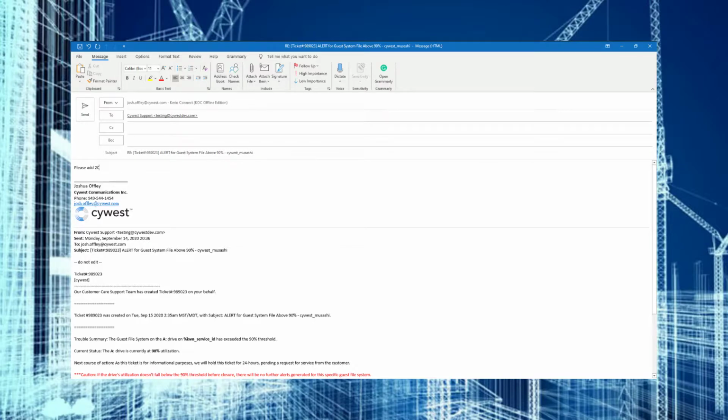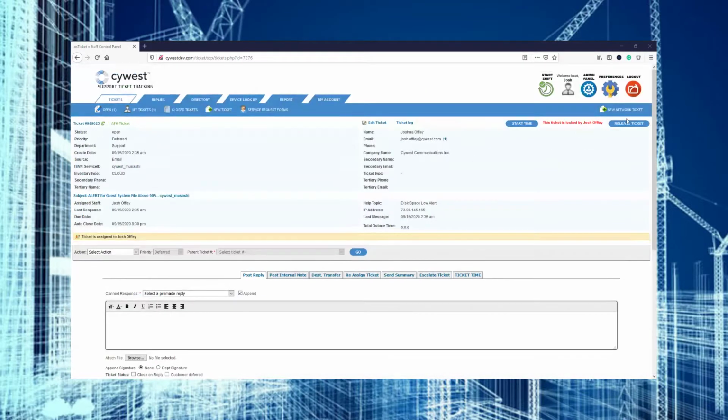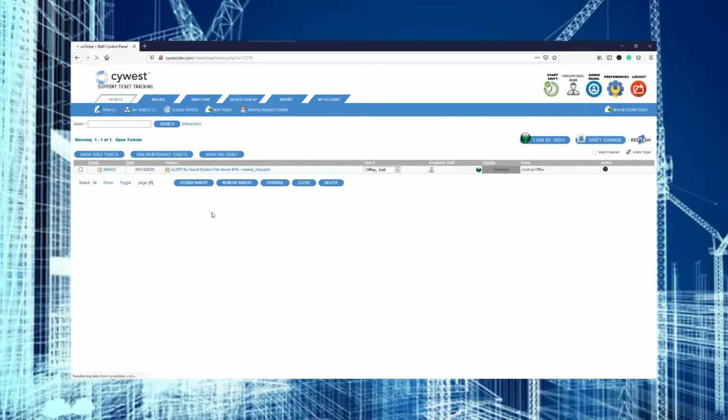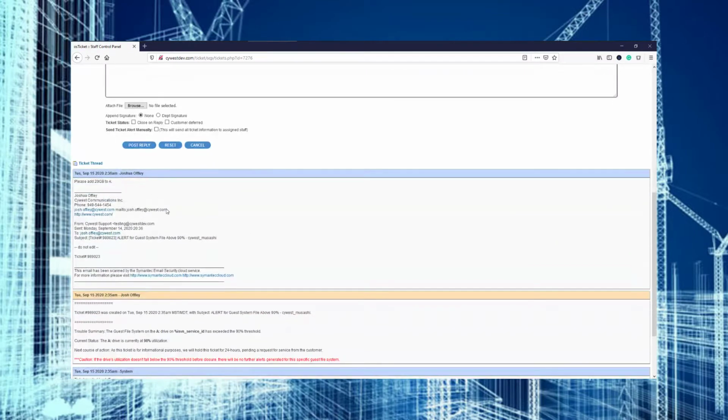In regards to these in specific, we always dread getting these updates: please add 20 gigs to a drive. Say, for instance, this is coming from the customer. If we release the ticket and go back into the ticket, the customer has requested to add 20 gigs to the A drive in question. Moving forward, if we receive this alert outside of normal business hours, and normal business hours is from 9 a.m. to 5 p.m. Mountain Standard or Daylight Time, Monday through Friday,